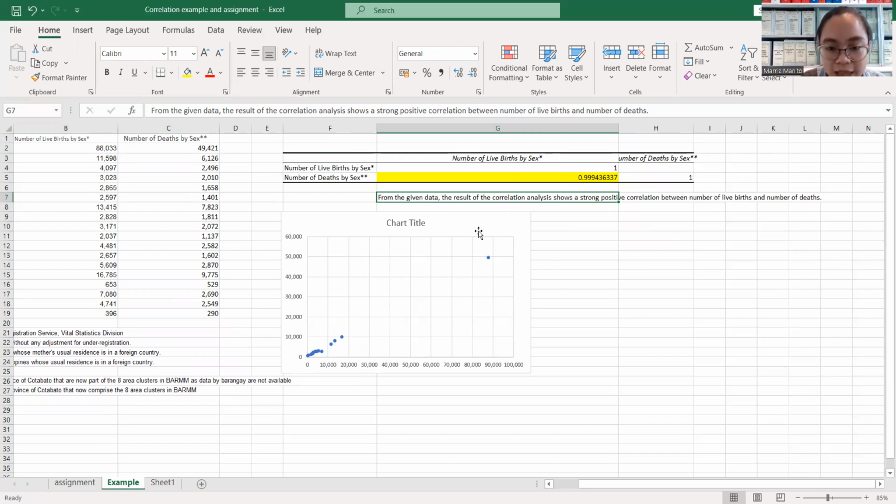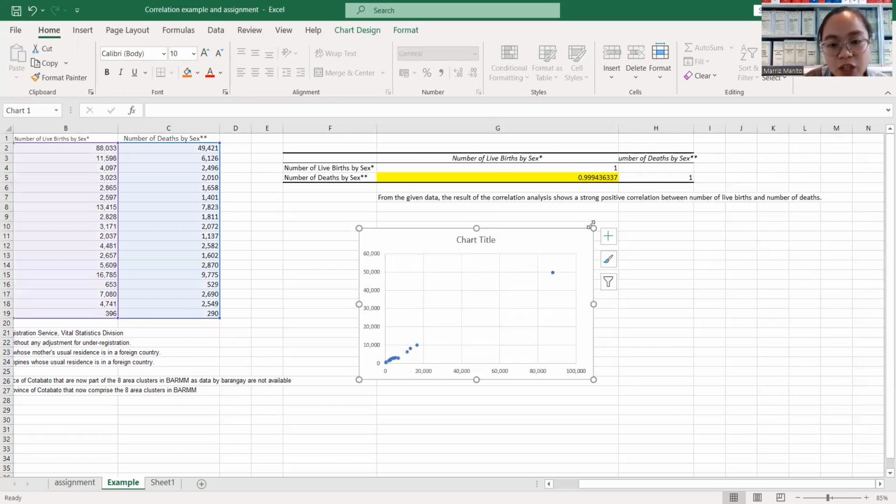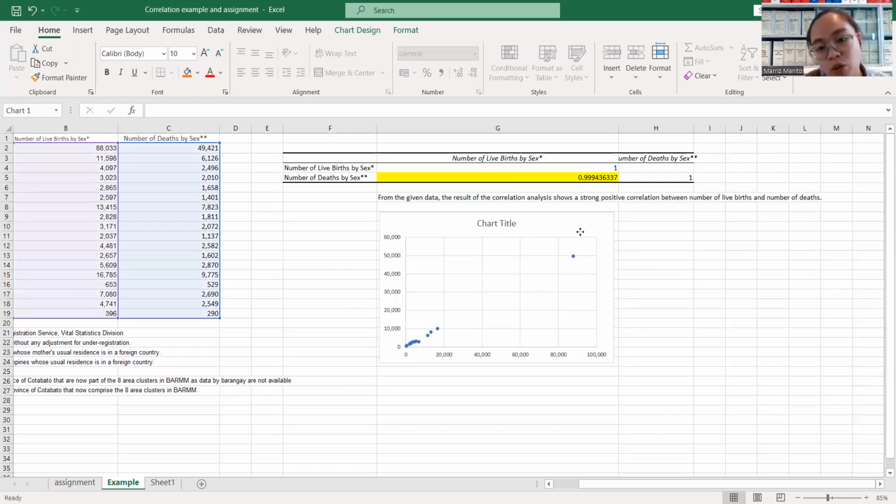To check that, the scatter plot here shows it is correct, because the trend is coming from quadrant 3 going upward to quadrant 1. So there is really a strong positive correlation. Okay? We can check if the result of the correlation is correct by looking at the scatter plot. And in this scatter plot, it is very clear.